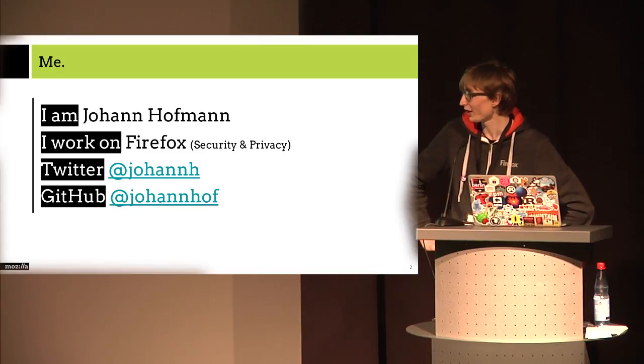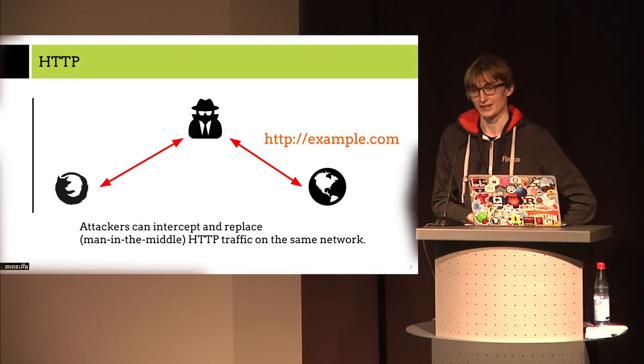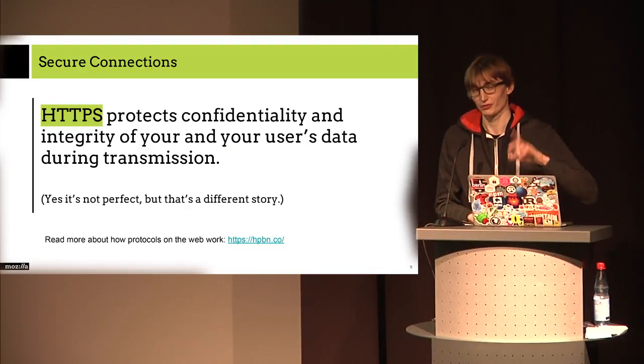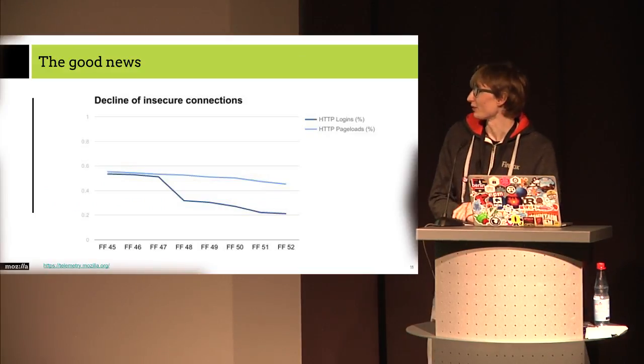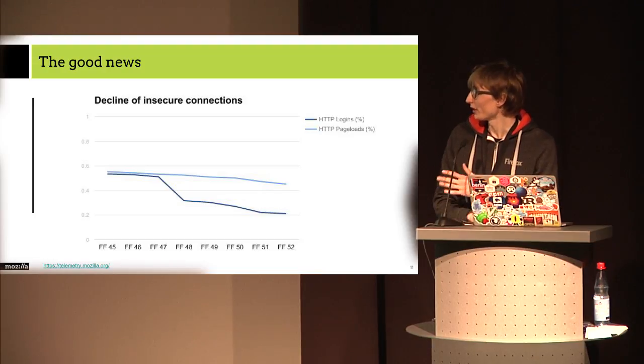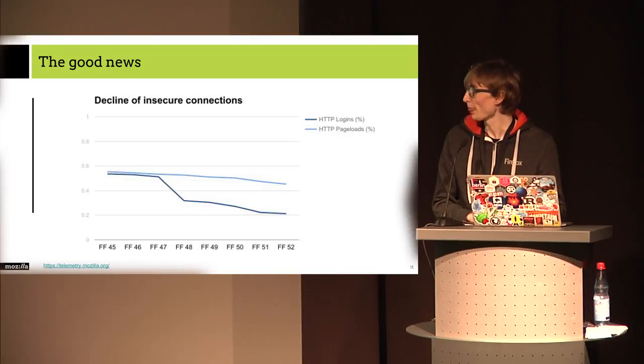So Firefox 45 was, I think, released in August of 2015, and we've seen a very steep decline in the existence of HTTP logins. And HTTP page loads are also slowly going down from initially almost 60% to now a bit under 50%, which is really good considering it's been such a short amount of time, right? So